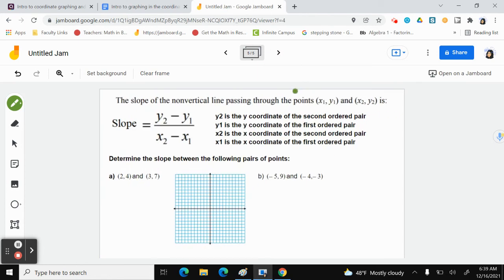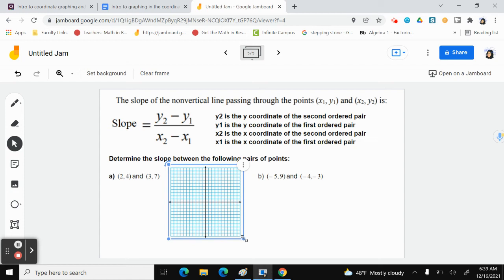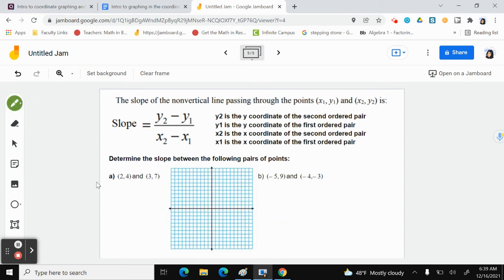So what we're going to do for these questions is learn about the slope formula, and we're going to try to calculate the steepness of the line. So we don't actually need to plot these points, but just to give you guys a visual of what we're calculating, I'm just going to plot the example for A. So I have 2, 4. So I'm starting at my origin. I'm going 2 right and 1, 2, 3, 4 up. I have 3, 7, starting at my origin. 1, 2, 3 right and 1, 2, 3, 4, 5, 6, 7. Okay. If I connected these 2 points with a line,